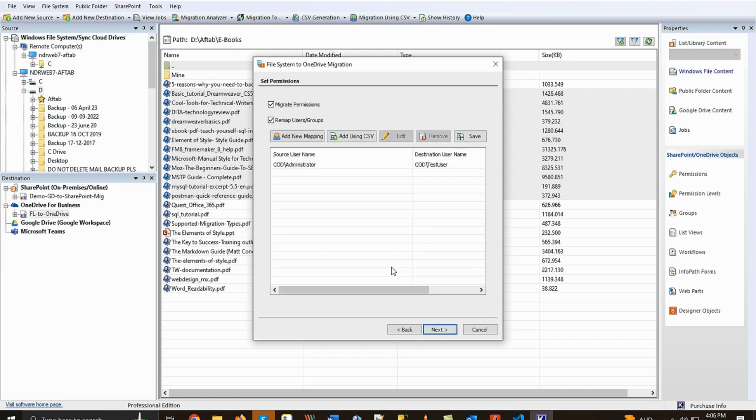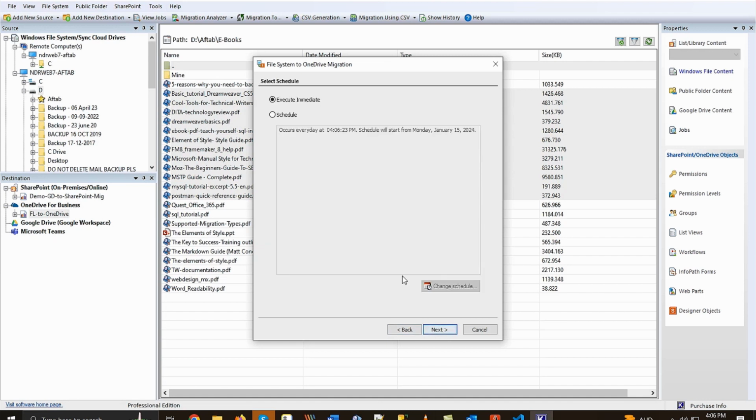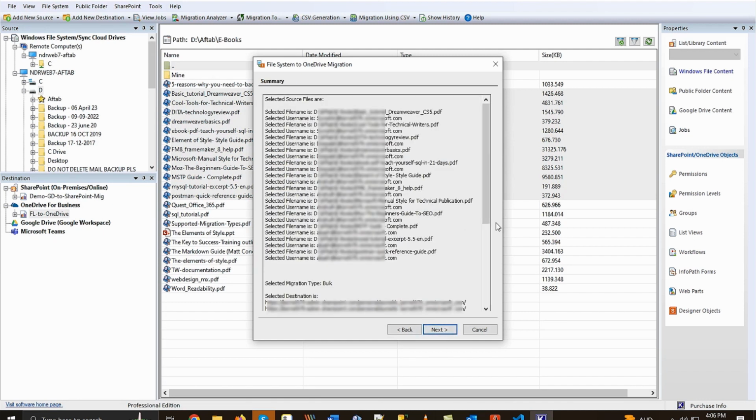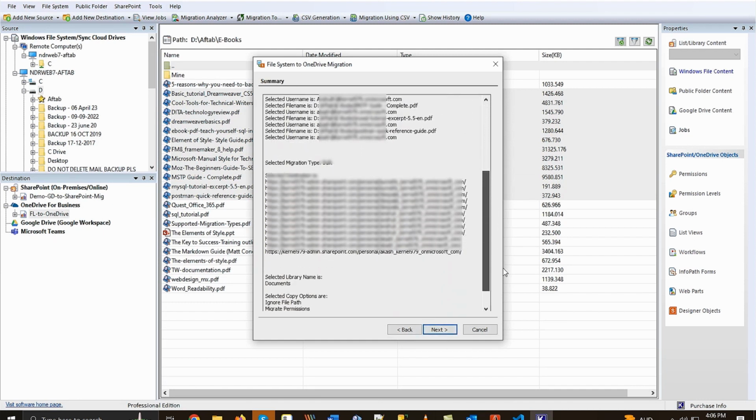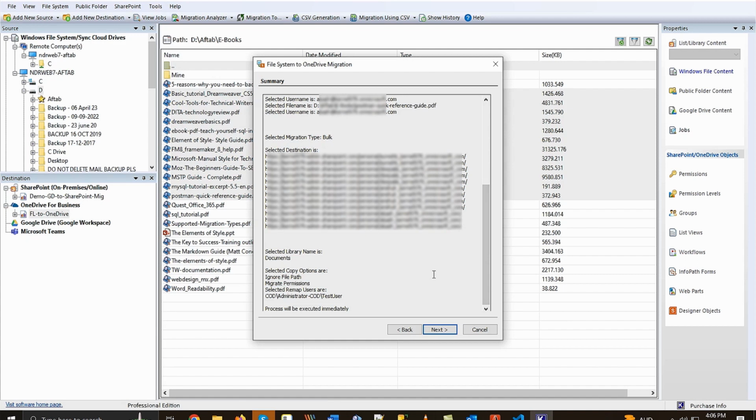Now, click Next. Perform the mapping between source data and users. For bulk migration, it is a useful feature. The Schedule feature lets you start the migration either immediately or at a later period. Click Next. The summary page shows the selected items from Windows and the selected migration types and remaining features as